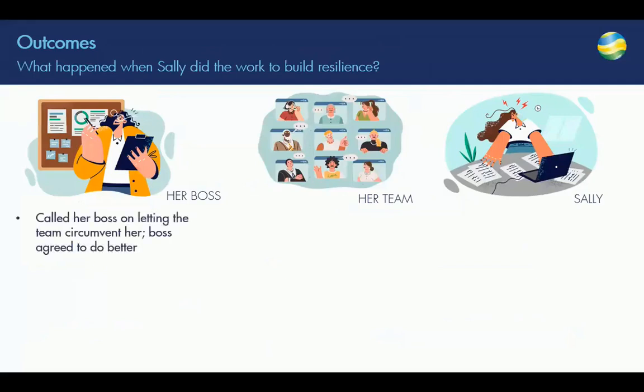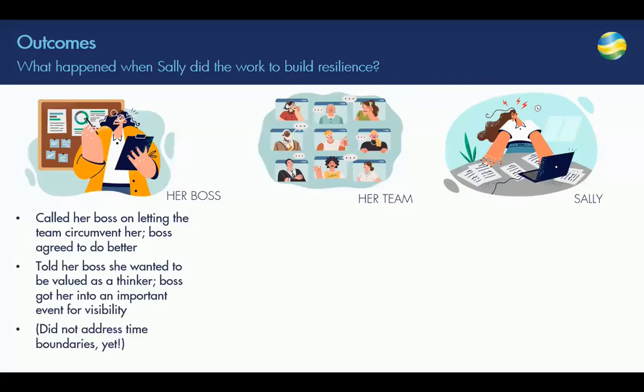And she specifically talked to her about letting the team circumvent her. And her boss didn't actually realize she was doing that. They had a really good relationship, and the boss completely owned up to it. She was like, I am so sorry. I didn't mean to do that. Please point it out if I do it again. Now, it'll probably be challenging for Sally to point it out. She had to build herself up a lot for this conversation, but she did it, and nothing bad happened, right?